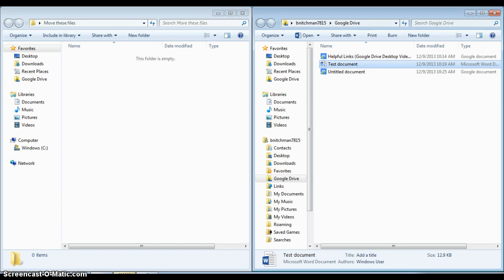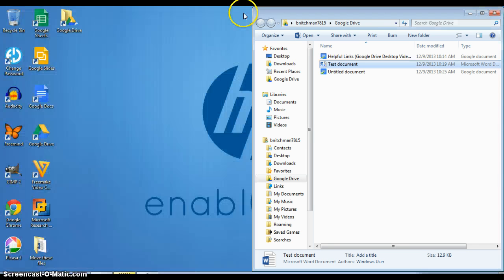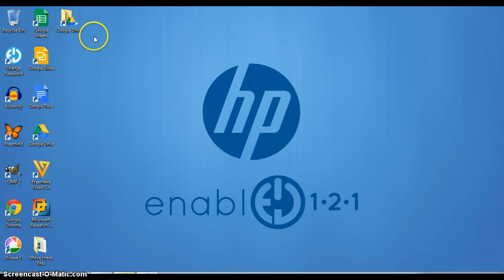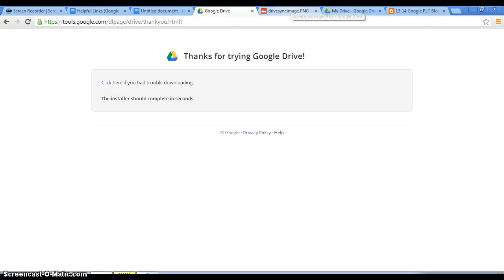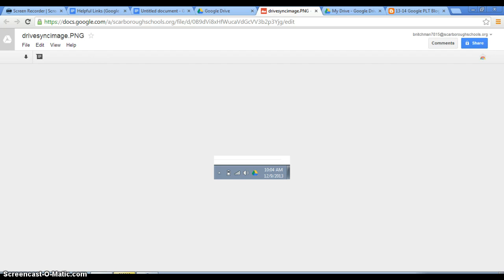You can continue doing that until all of your folders are copied over into your Google Drive. And then when that's done, they'll be available on your Google Drive on your desktop as well as your Google Drive on your web interface. Sometimes you might encounter trouble with things syncing up. So a recommendation is to go to the